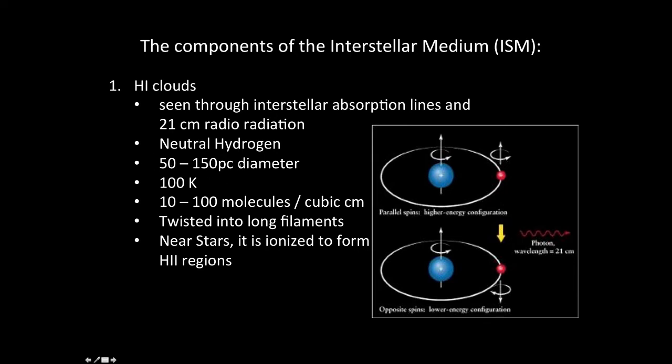So this is a huge volume of space, although it's not very big compared to our galaxy. The temperature of the hydrogen is around 100 degrees Kelvin, and the density is about 10 to 100 atoms or molecules per cubic centimeter. Again, it's incredibly diffuse. The shape of the clouds tend to be filament-like. If these clouds get near hot stars, the hydrogen gets ionized to form H2 regions, which we saw cause emission